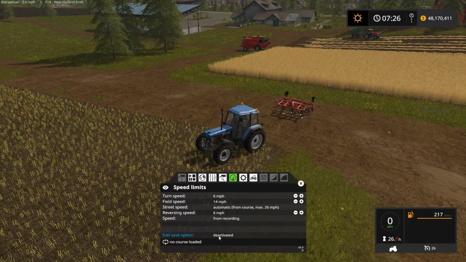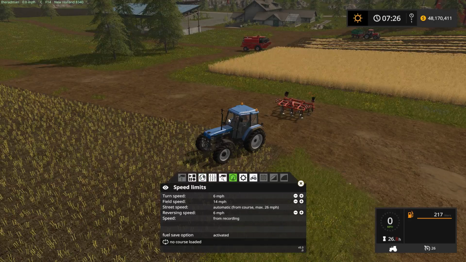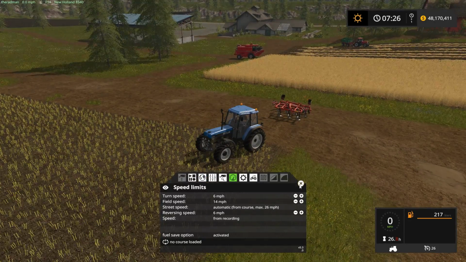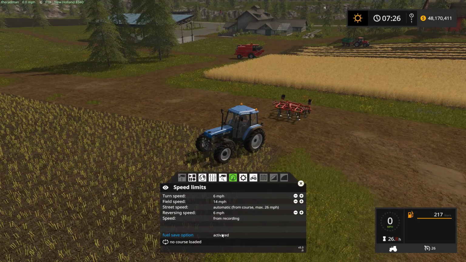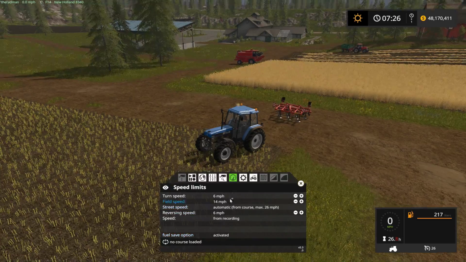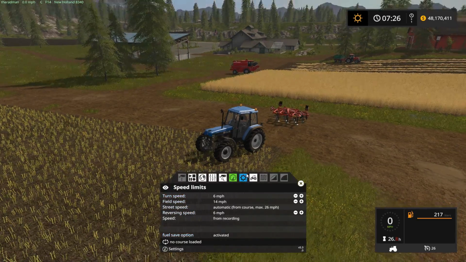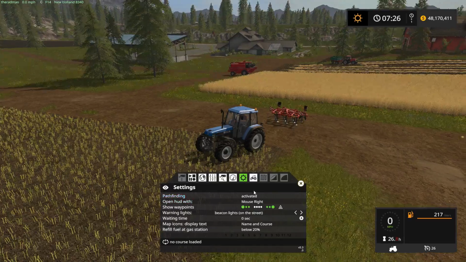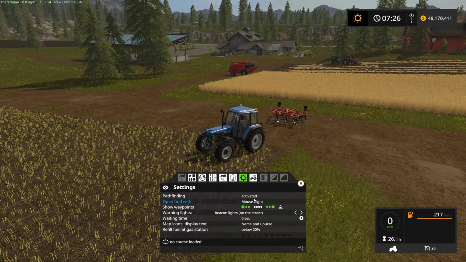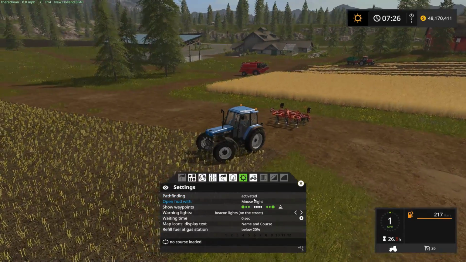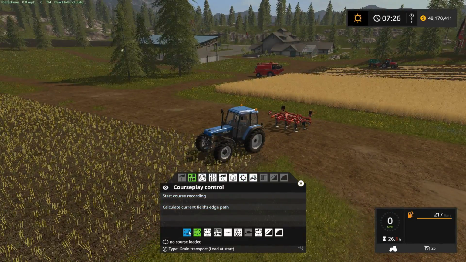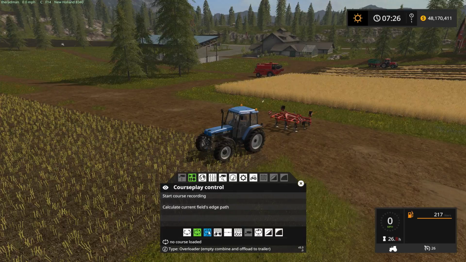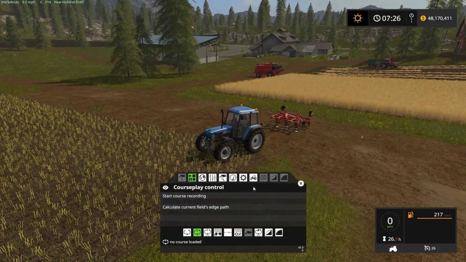Fuel save option is basically an option that means that if the tractor cannot work for, I believe it's more than 5 seconds, it'll turn off the tractor. There are 1 or 2 situations where you do not want this turned on, but most of the time you can just leave this turned on. Settings, this pathfinding option is mostly useful for operations like if you're running in either overloader or combi mode,